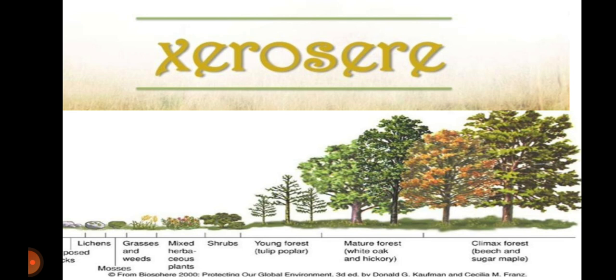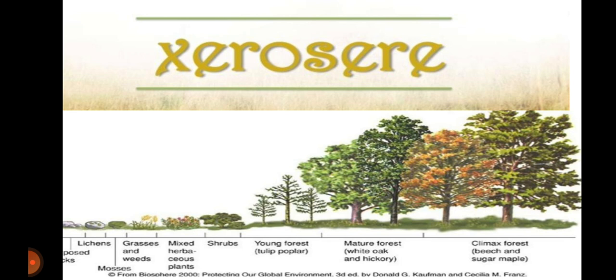The successive changes in xerosere take place in both plants as well as animals. But changes in plants are more obvious, to the extent that it looks like a succession of plants. The various stages are named on the basis of the particular stage dominated by a particular plant species. In the xerosere, there are various stages and their component plant species appearing on rock.